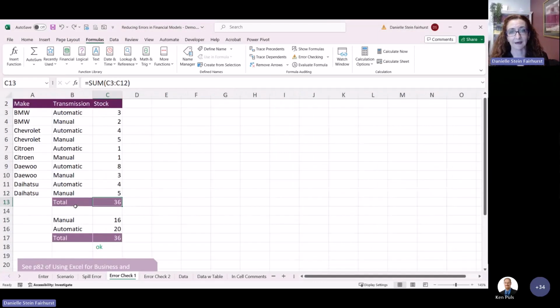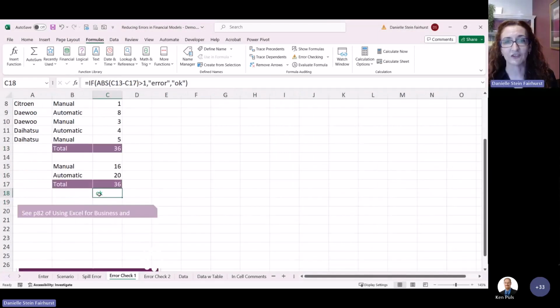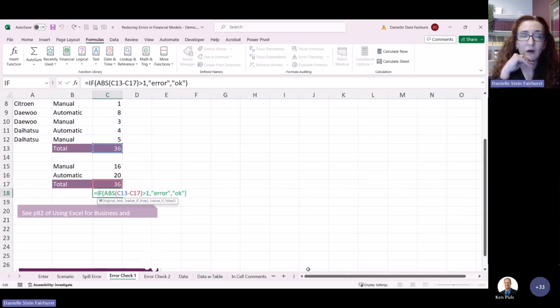This one here is just a really simple if one cell is equal to the other, and that's what Ken's talking about, where if that were a pivot table down below, you could just as easily create a little error check. Excel does, I think, truncate at a certain number of decimal places. So sometimes you can have something calculating one way and another way, and it can be 0.00 something out.